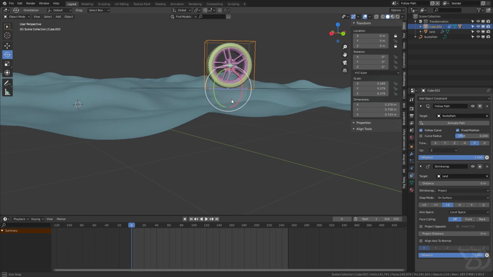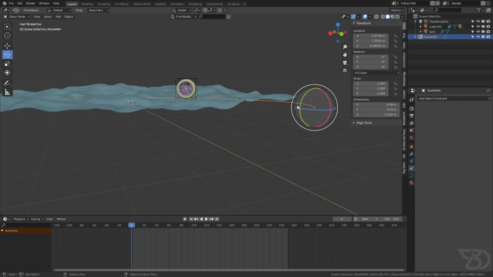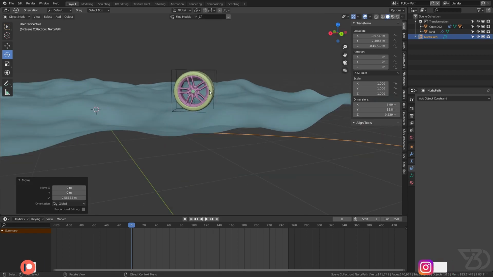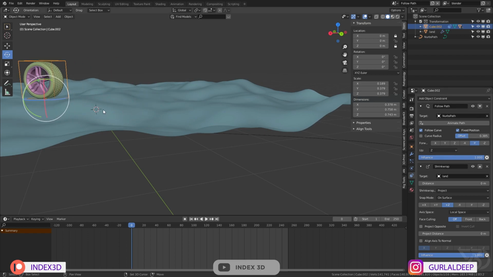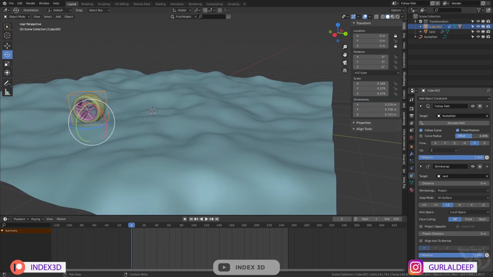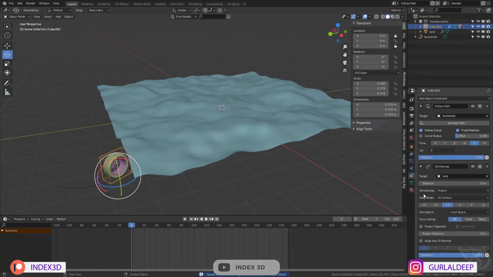And now it's over here, it's not staying on top of it because we will have to push it down. Now it will always stay on top of this object. See, okay. And we have more options.